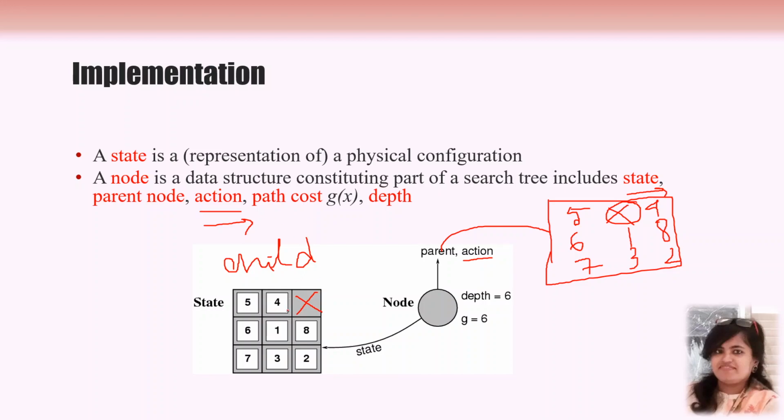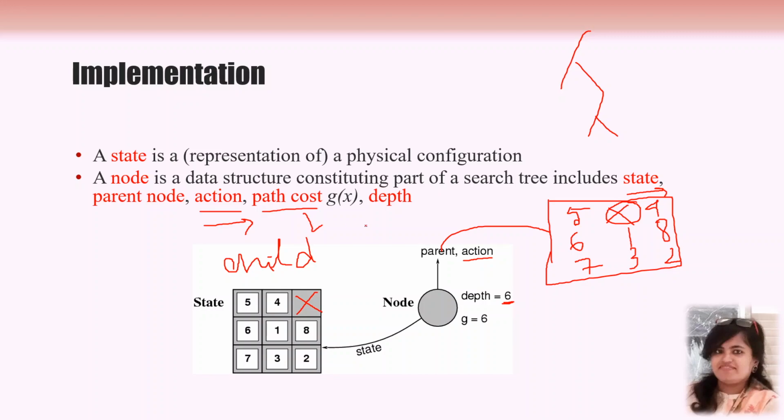And the path cost, so that is the path cost, is this particular value. Right now the path cost is 1. Why? One particular movement is there. So I am defining the path cost as 1. And the depth. To understand the depth, we need to look into the total tree. Suppose in the 6th position of the depth, that is when the depth value is 6, this particular state is there.